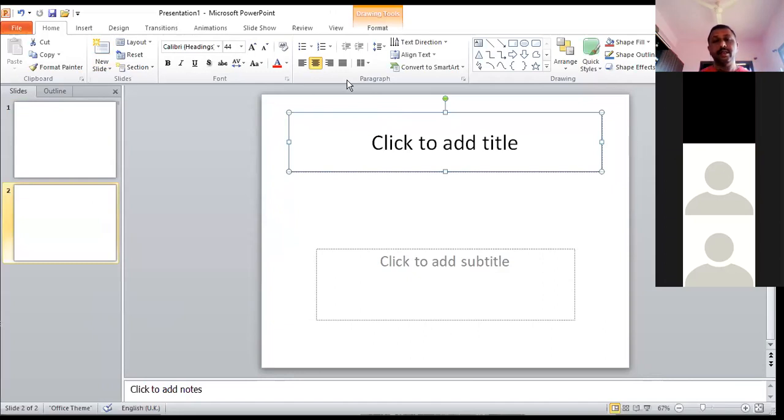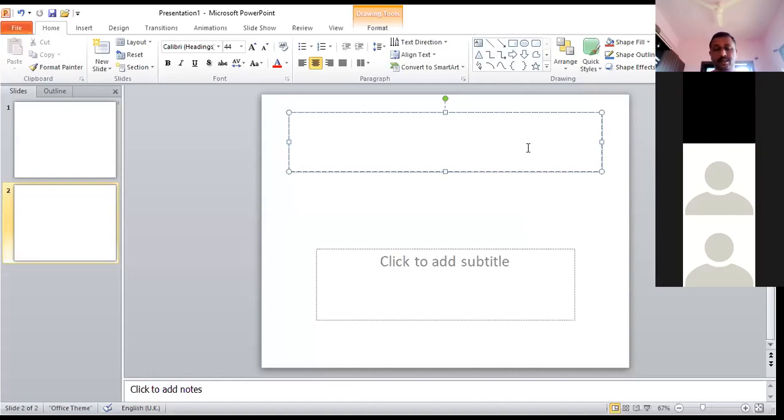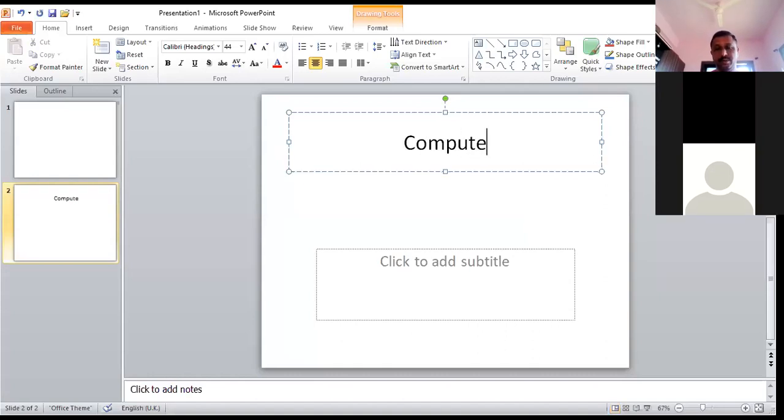Suppose the home tab is mostly useful, in short, for formatting of the text. With that, we can insert some auto shapes, fill the colors and apply the effects to them. Now I want to show that today we are going to work on the computer fundamental parts. Okay, computer fundamental. This is the heading which I gave there.